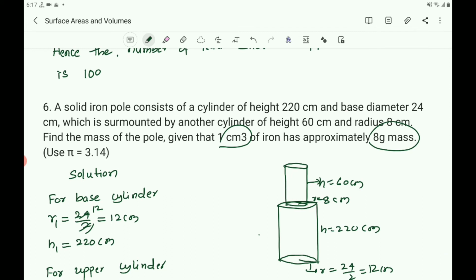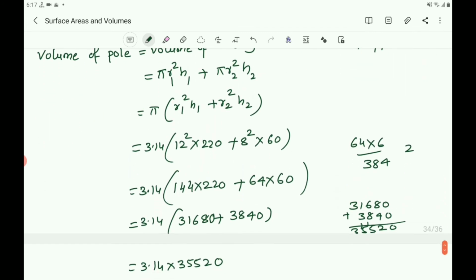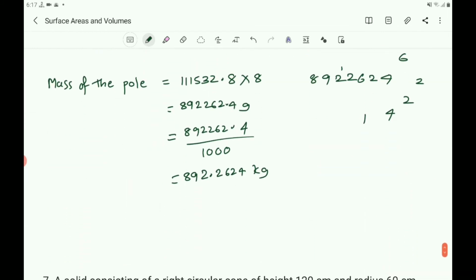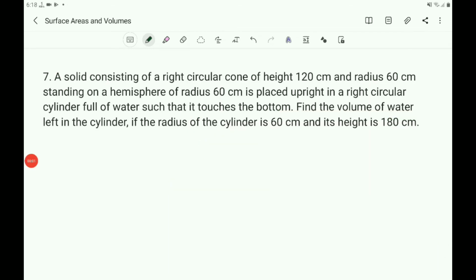Then what is the mass of the complete pole? Mass of the pole is 892.2624 kg. Next you take the 7th one. A solid consisting of a right circular cone of height 120 centimeter and radius 60 centimeter standing on a hemisphere